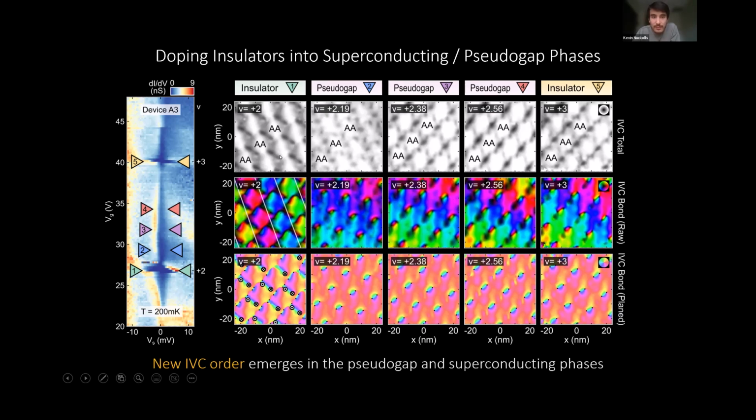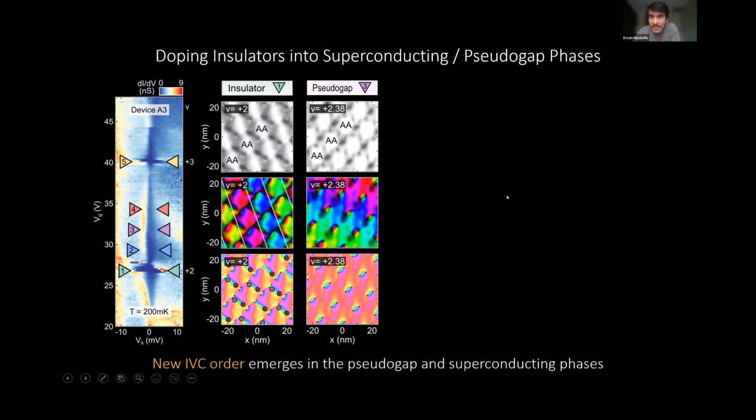So these deep suppressions go away in the Kekulé strength. The stripes turn into a kind of a broadly flattened background that the gradient points in a different direction than these stripe directions. And we find that the vortices and anti-vortex configuration is completely different, absent in these correlated configurations. So this is signaling that new IBC order emerges in this pseudogap phase. It seems to be persistent all the way up to nu equals +3, and we see something very similar in